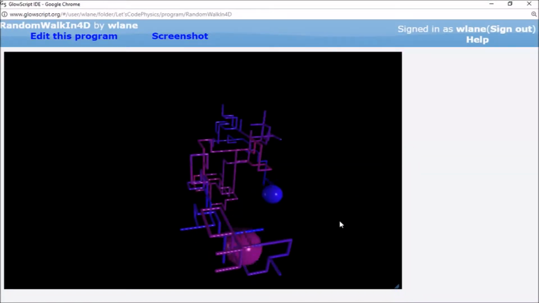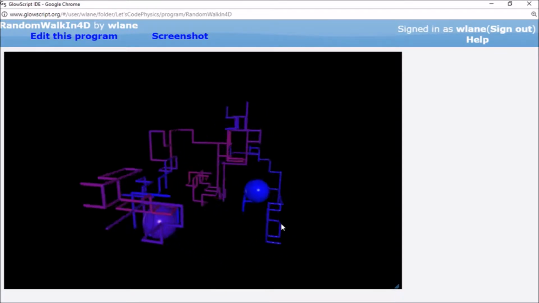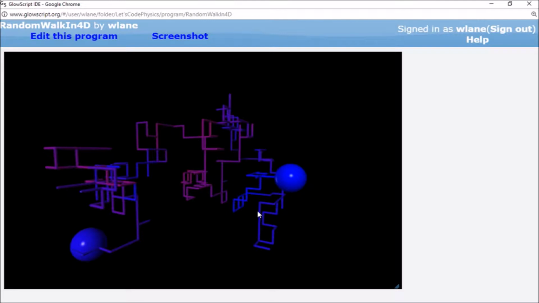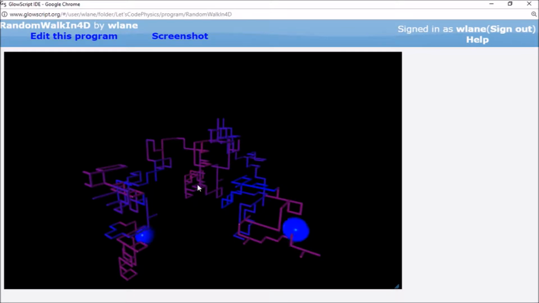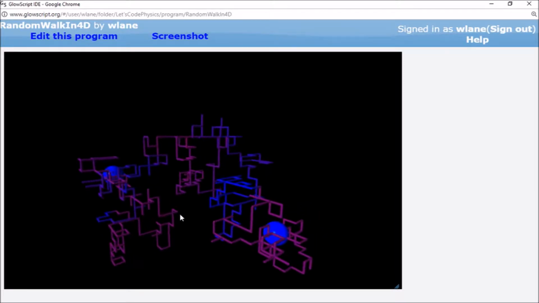So last time we took a look at this animation of taking a random walk in 4D, where our random walkers can move in the X, Y, Z, or color dimensions. And while this is a neat way to visualize this, it's kind of difficult to actually study the random walk in 4D here. For example, one of the questions we would want to answer is, are you guaranteed to return home back to the origin as a 4D random walker,